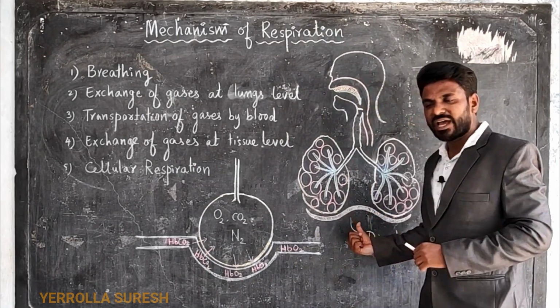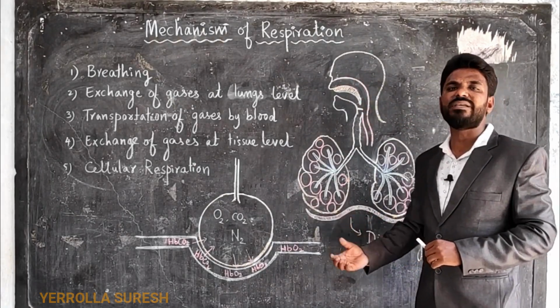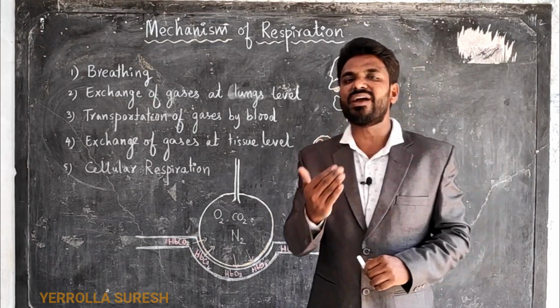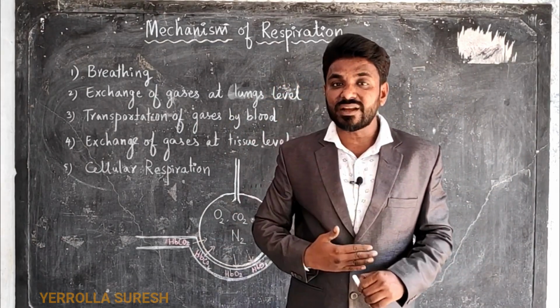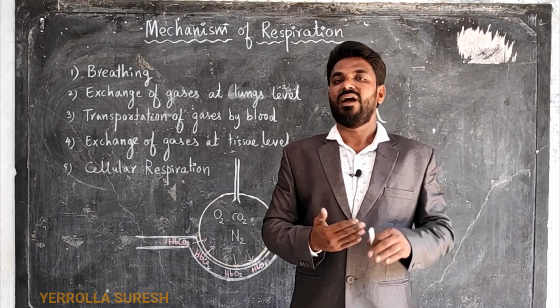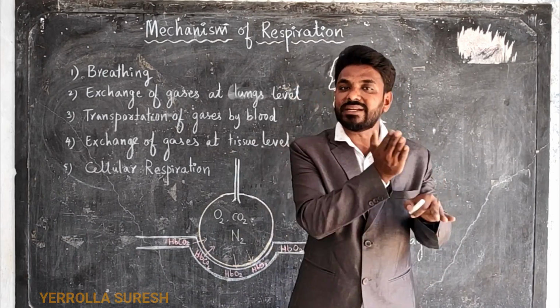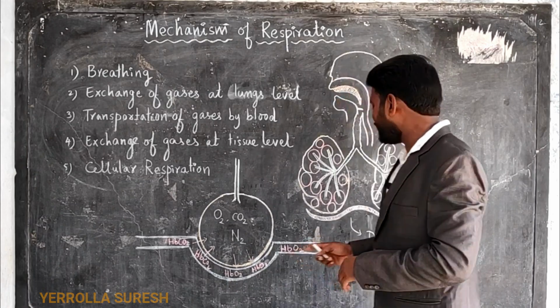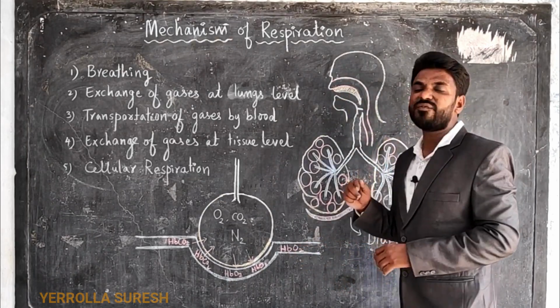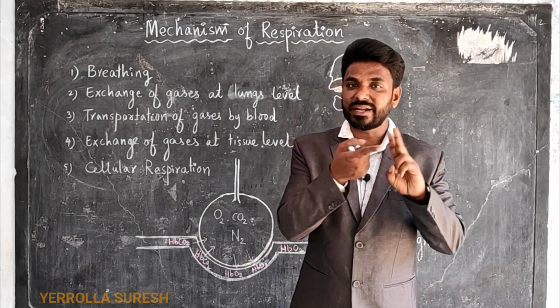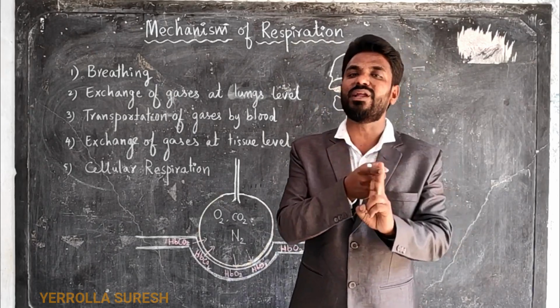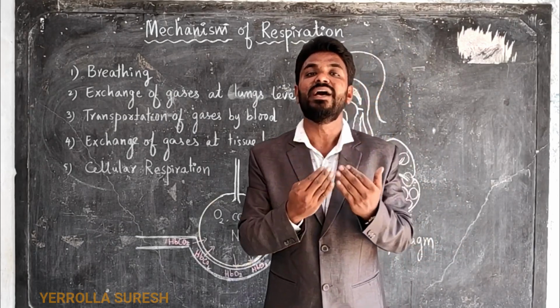And next one, diaphragm. What is diaphragm? Diaphragm is a divider between chest cavity and abdominal cavity. Here, this is the chest cavity, and downside we have the abdominal cavity. Now these 2 cavities are separated by a divider. The divider's name is diaphragm. So diaphragm divides chest cavity and abdominal cavity. Here diaphragm and ribs play a very important role in respiratory movements,